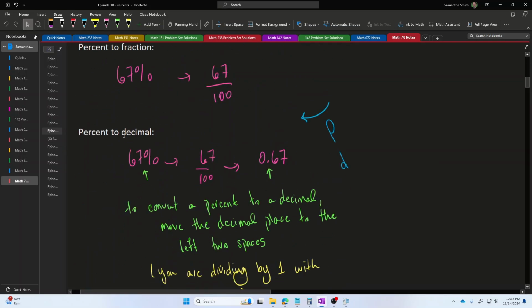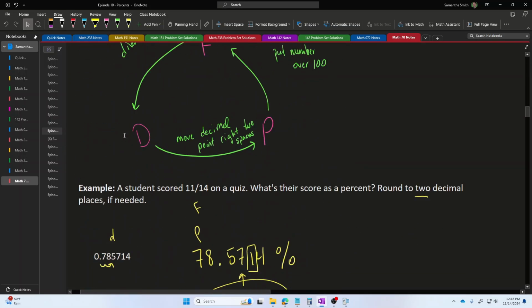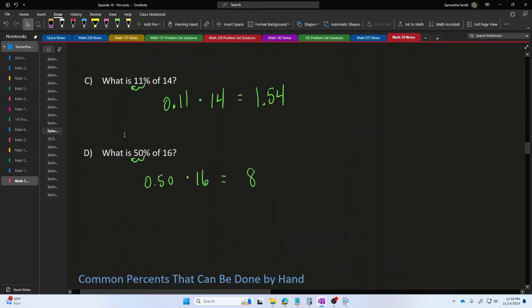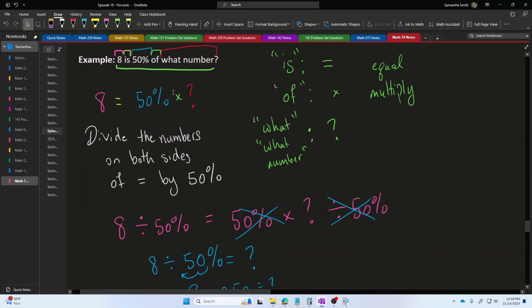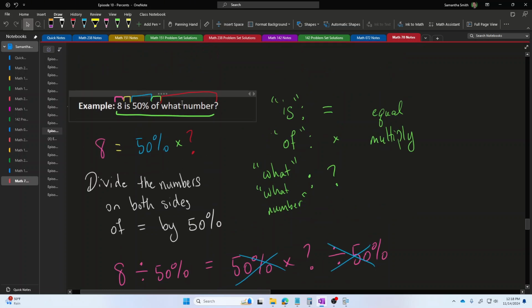Now, as we were solving percent problems, we ran across an interesting variety of number. This variety of number was numbers that we did not know the value of yet. Values that were unknown. What number? And in episode 10, when we were solving percent problems, we represented those unknown numbers with question marks to remind ourselves we don't know what is the value of this number yet. Hopefully, we can figure out what value it is.